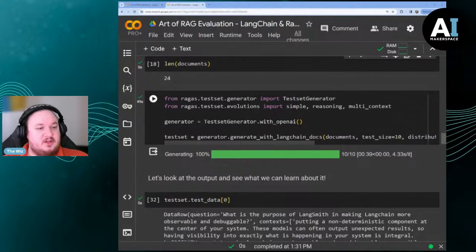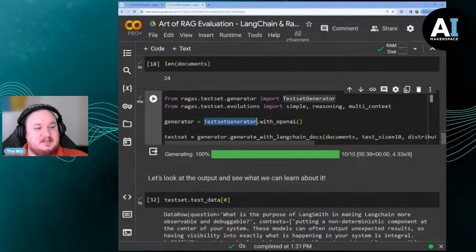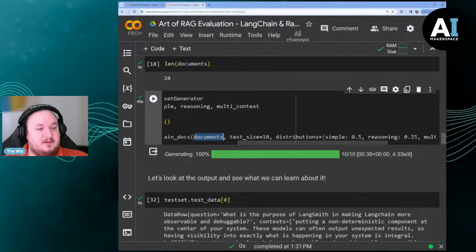And then we're going to use the test set generator. It really is as easy as test set generator with OpenAI. That's what we're using for our LLM. And then we're going to generate with LangChain docs. You'll notice this is specifically integrated with LangChain. There's also a version for Llama Index. And all we need to do is pass in our documents, the size that we like of our test set,